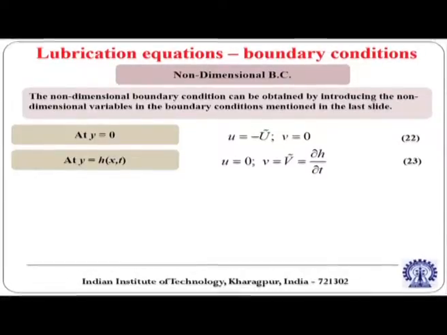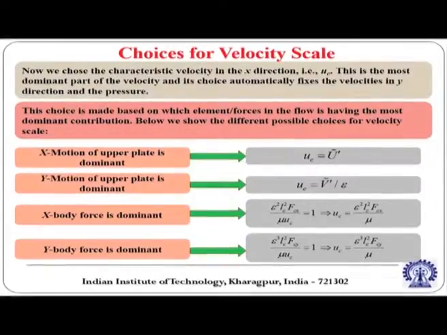So, the same equations in the non-dimensional form. Now, the choice of scale is very important. If the x motion of the upper plate is dominant, you have to see what the physics is. As I told you, the choice of the scale depends on the physics of the problem. So, if the x motion of the upper plate is dominating, then the velocity scale is nothing but the velocity